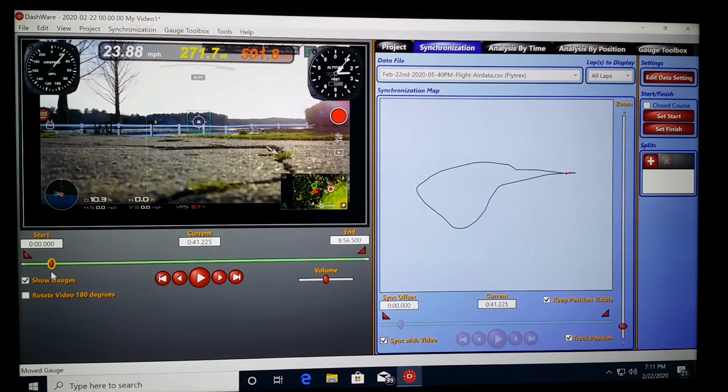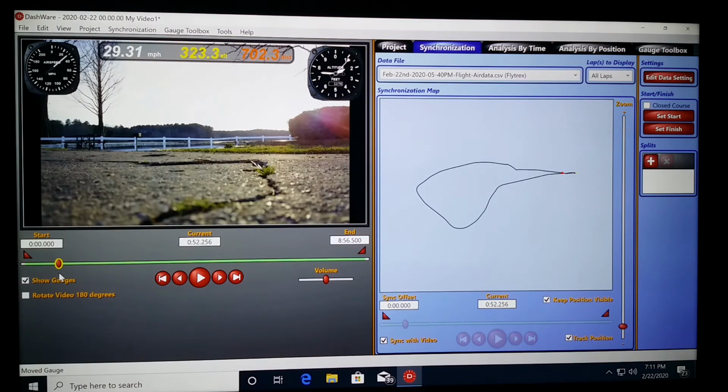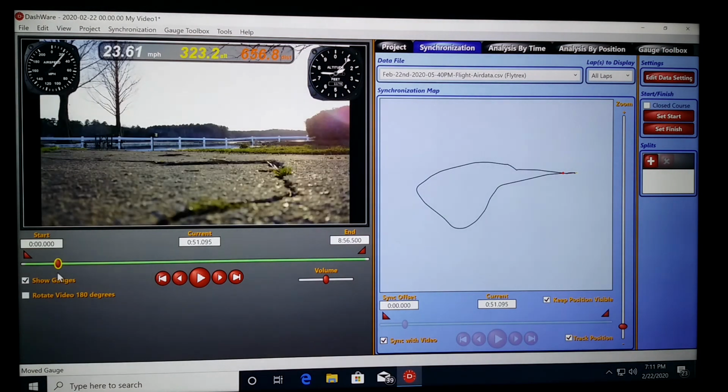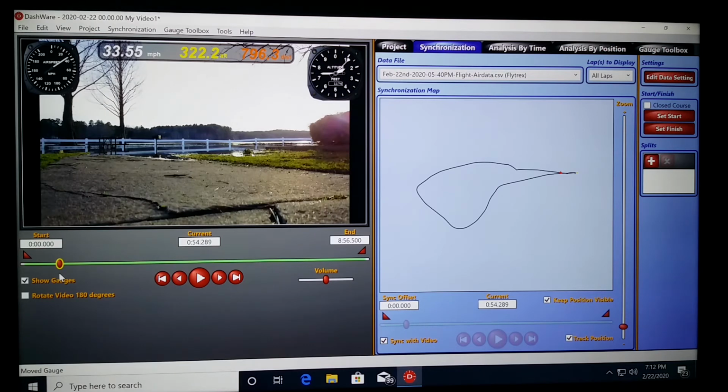See, I try to turn on the video right before takeoff. That gives me a gauge to look at as far as, okay, is it just picking up off the ground, and that kind of stuff, because that way I know about how high it is. Like right here, it's probably about a foot. Okay, then you go down on the synchronization map,